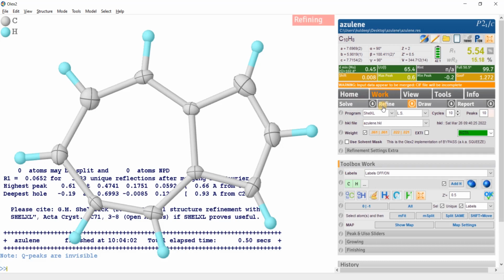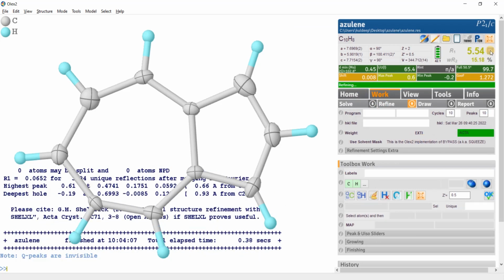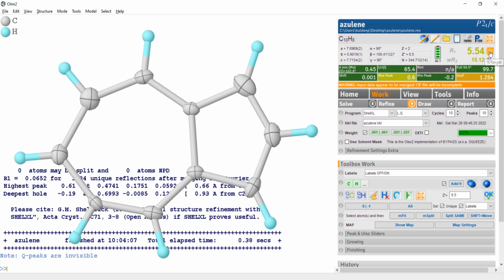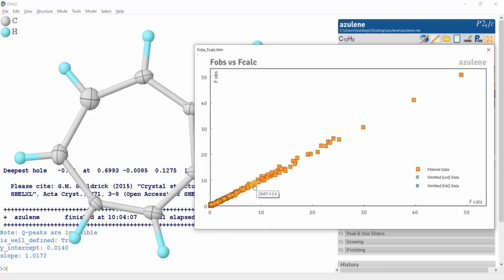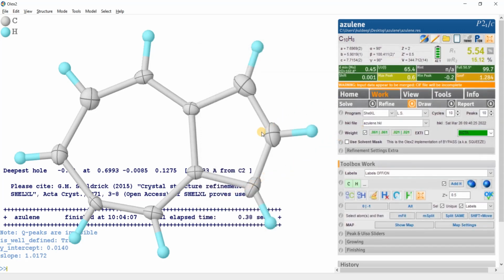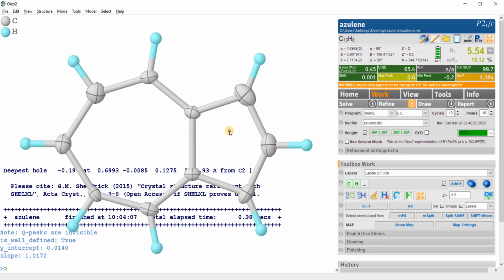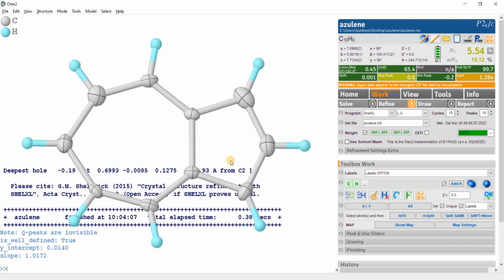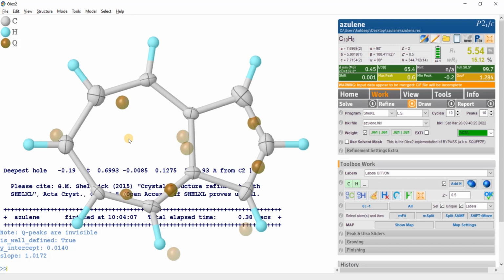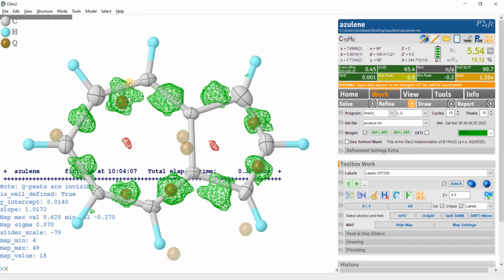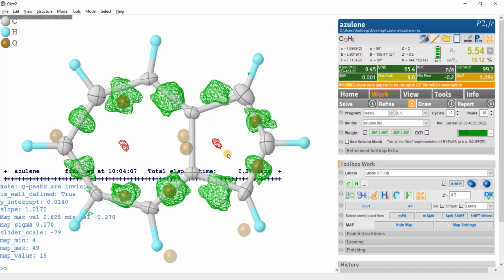Now the shift is almost 0 and the R factor is quite reasonable, and the F observed versus F calculated graph is looking very nice. Now the refinement is over. So this is the way in which you can tackle the whole molecule disorder. So if I press Ctrl Q, and these are the Q peaks, and I put the map on, then you can see the electron densities on the bonds, not around the atoms. So disorder is resolved here,